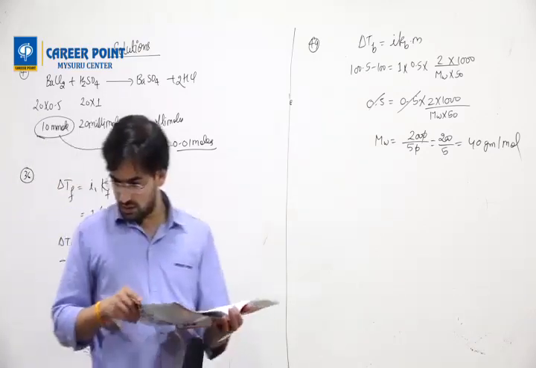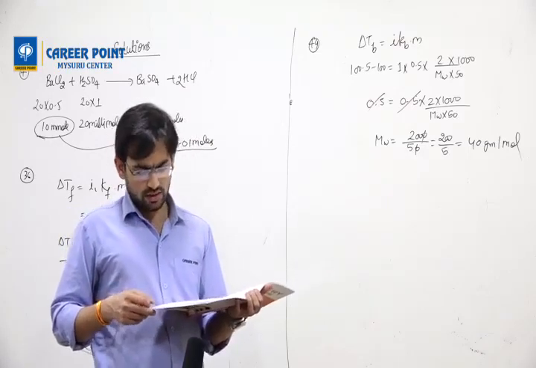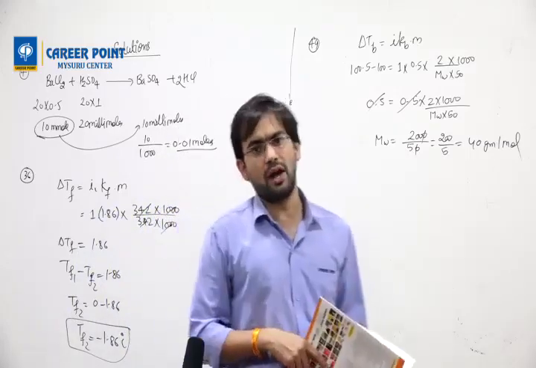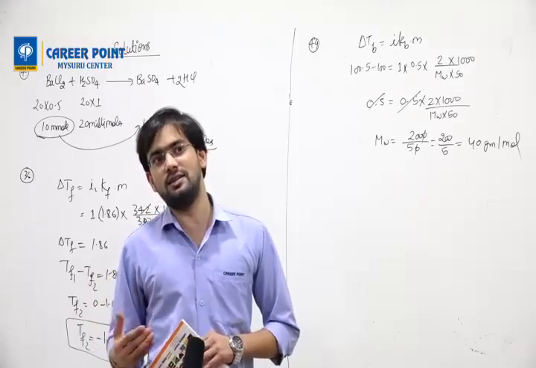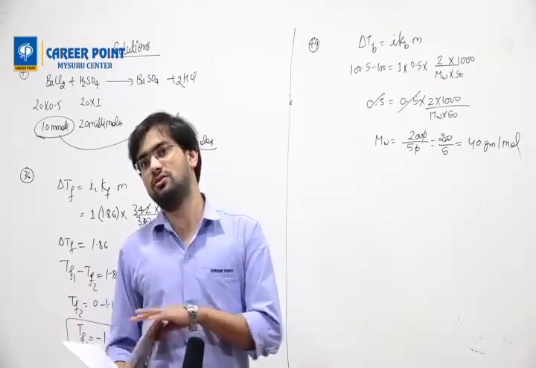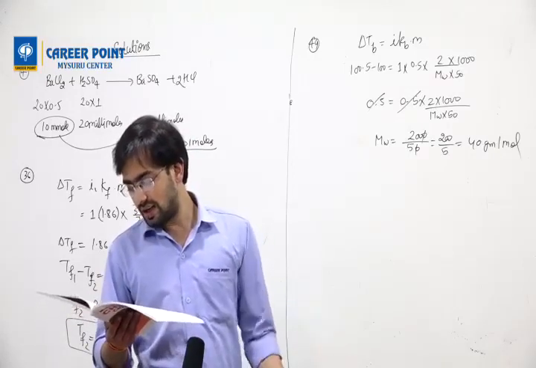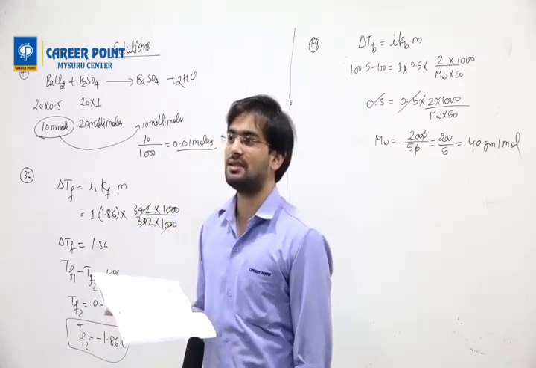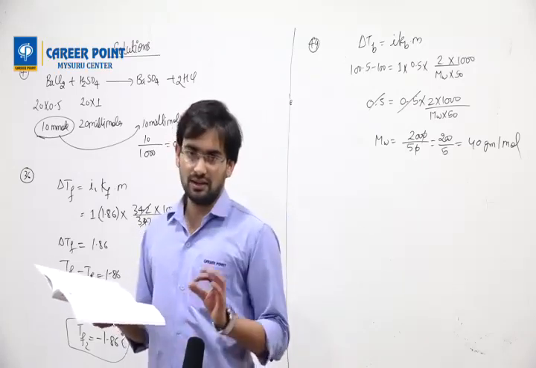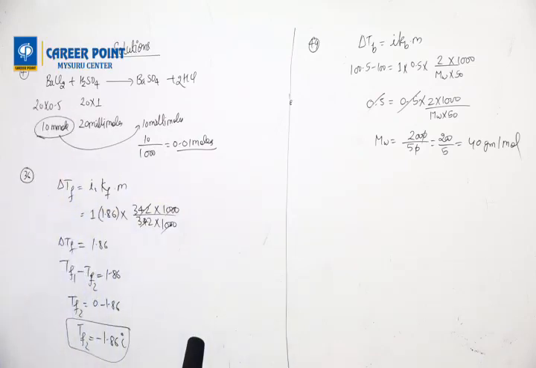Question number 13. The correct order of occlusion property is, so occlusion property is a tendency of hydrogen gas to go inside. Okay, so in solid it has a less tendency, but in liquid solution it has more tendency to do. So colloidal solution will be most of the liquid solution. So colloidal is greater than palladium, platinum and gold and then nickel. When the size decreases, the tendency of hydrogen atom to go inside is less. Okay, that's all. Doubts in S block?